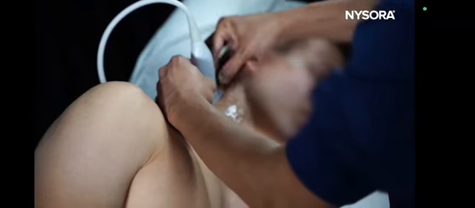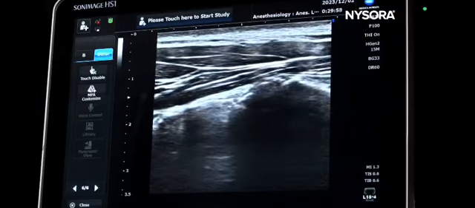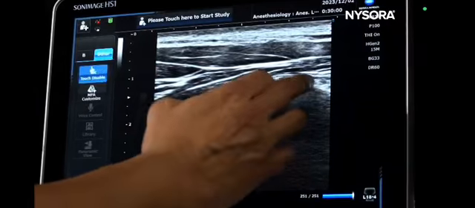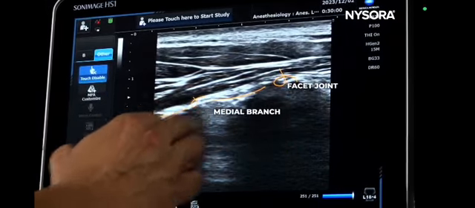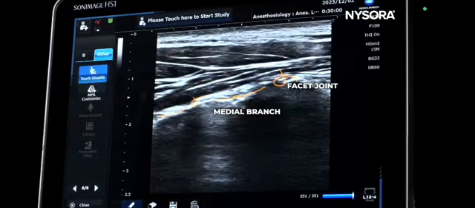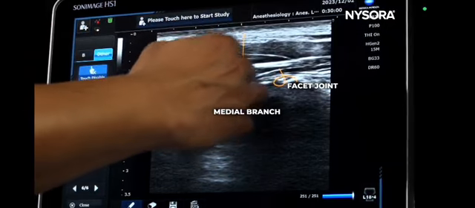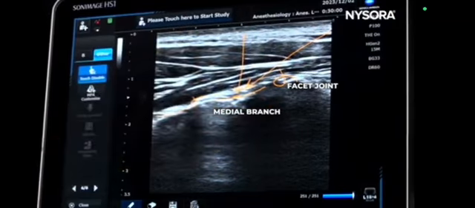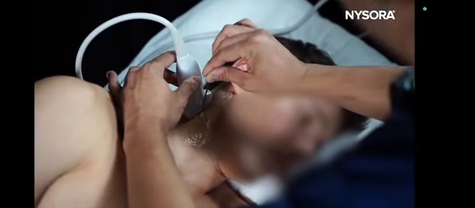And here you have a much better picture of the peaks and troughs in this image here. You have a peak, trough, and this is where you would target your medial branch. Now you could do the injection in an out-of-plane technique, or you can do an injection in-plane technique from superior to inferior, or cephalad to caudad, and I'll show you with the pointer here. So this is the way you would do an in-plane technique,